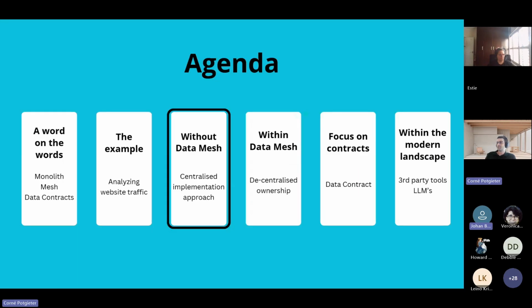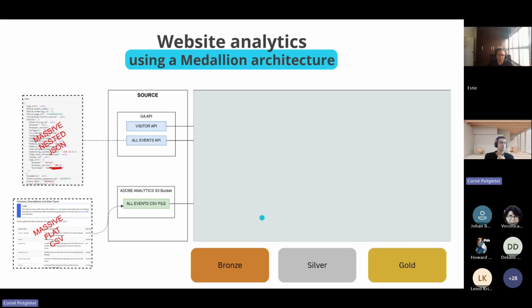All right, so let's take this example and just shortly explore some options how you would do it without data mesh. I'm going to use the medallion architecture as an example, and just go through the different layers on how you could potentially implement that. By no means is this going to be a detailed example. The detail will be a bit more on the data mesh side. With this one, I just want to mention a few possible alternatives. So if there are any data vault or 3NF disciples in the room, please do not throw stones at me.